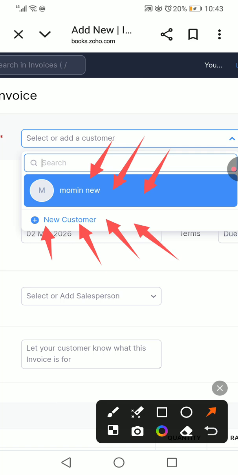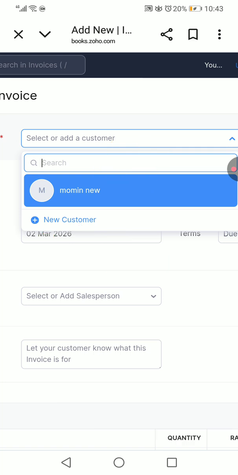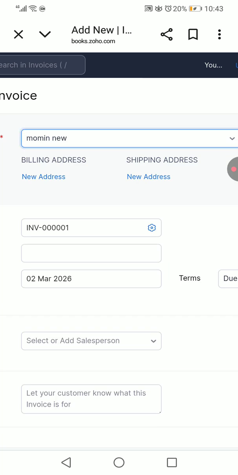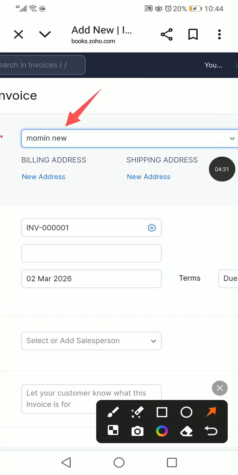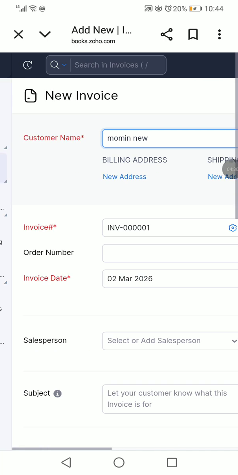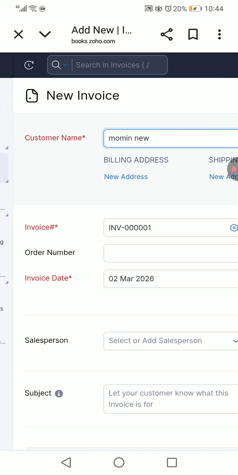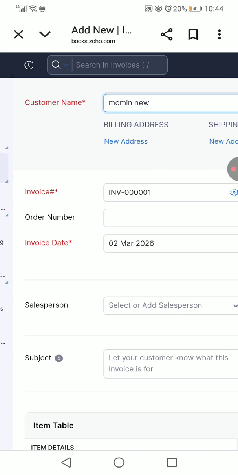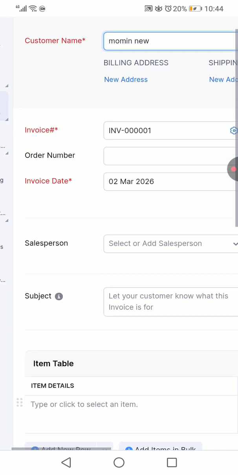And here since our target is to add income, here our target is not to add new customers. So I am going to click the customer which is already present. So here I have selected. You can see that now my customer has been added. The next step is, this has automatically filled, invoice number is filled, you can write order number, invoice date is already